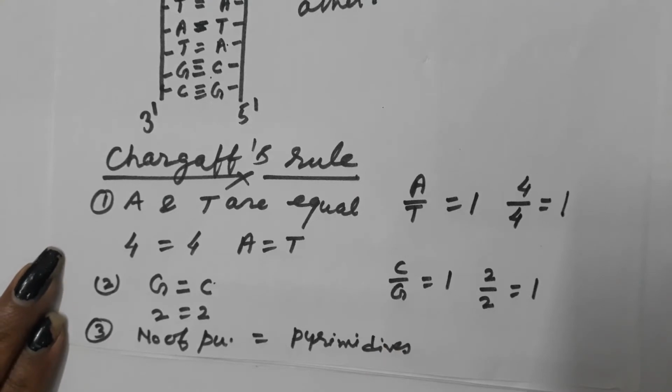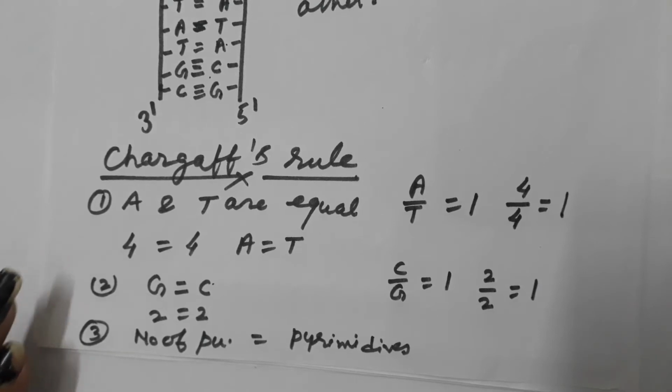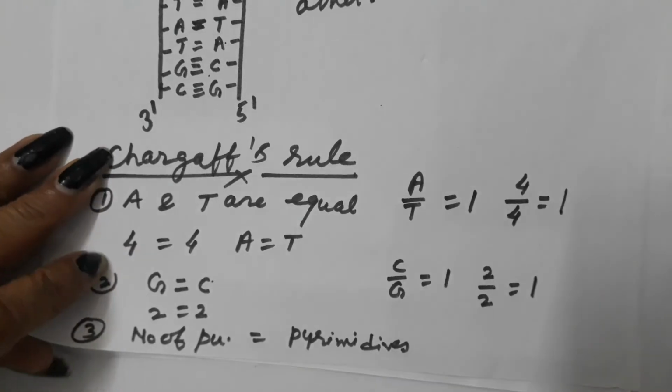Naturally, purine always pairs with pyrimidine, so their number is also equal. Chargaff's rule was nothing else but an interpretation of the base pair rule in a slightly different manner. But the important thing is, Chargaff's rule is applicable only to double-stranded DNA. Because of this rule, we can solve the questions always asked in board exams. What type of question?